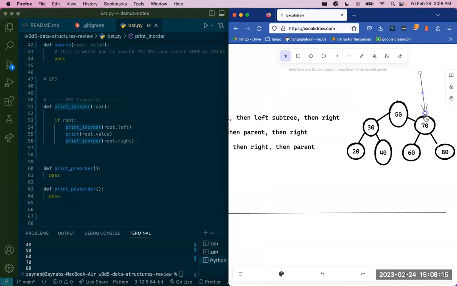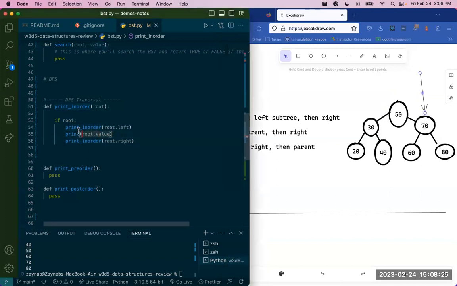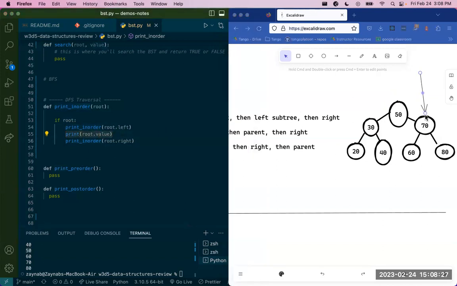So here it checks the left side first. It'll print out the leftmost value, then it'll print out the value of the root itself. After that it goes to the right. So going left first, because our leftmost value is the smallest,